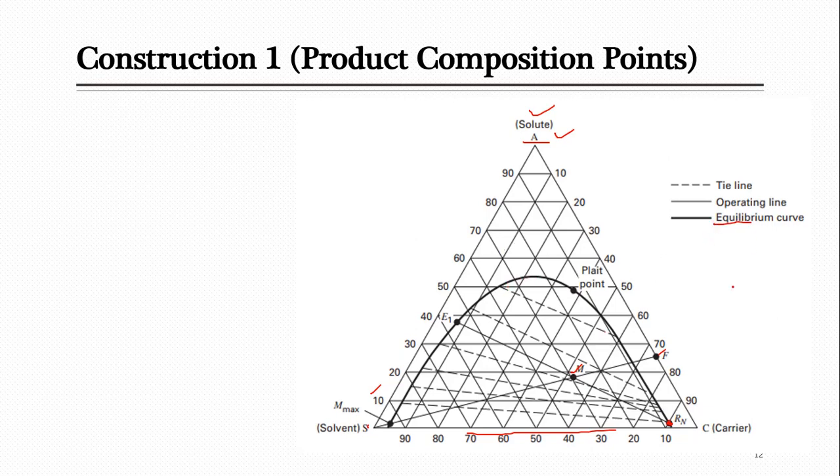You also call it the miscibility curve. There are various names for this because we get it from equilibrium data. Due to this he has mentioned it as the equilibrium curve. Already we were saying binodal curve or miscibility curve. So your point is located on this same line here.